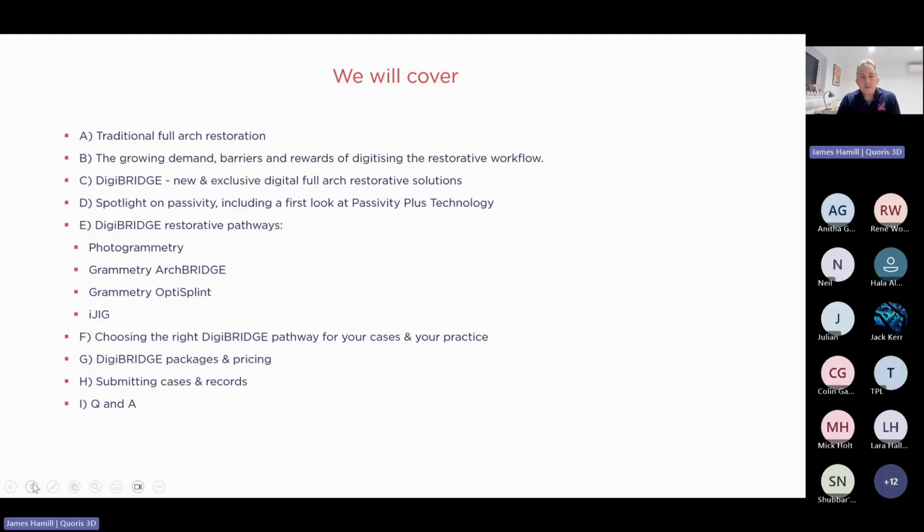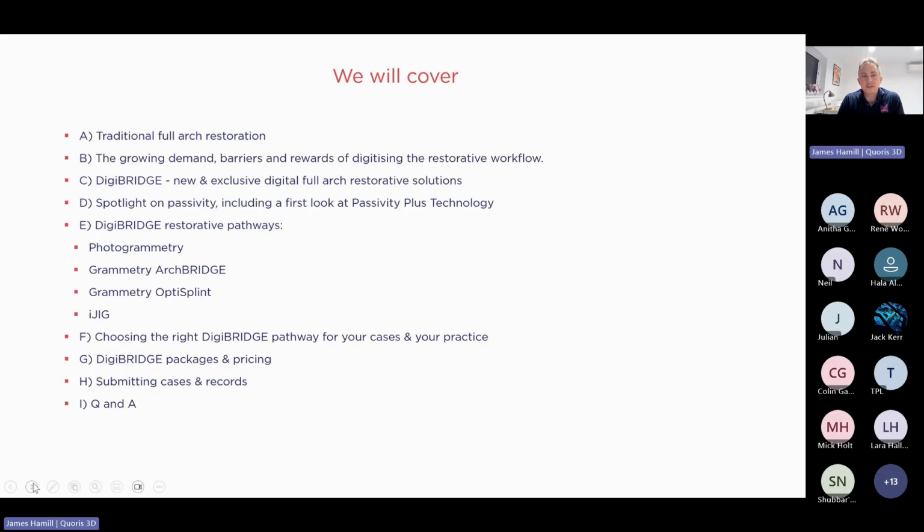So what we're going to cover is we're going to look at a few things. The first point is we're going to have a little look at traditional full arch restoration. So what's the sort of normal analog based type workflow? And if you've been doing dentistry for as long as I have, a lot of it will be familiar to you. If you're newer to full arch dentistry, then maybe you'll be wondering what some of it is, but it's worthwhile us just running over that, because it gives us our basis as to where digital technology can improve